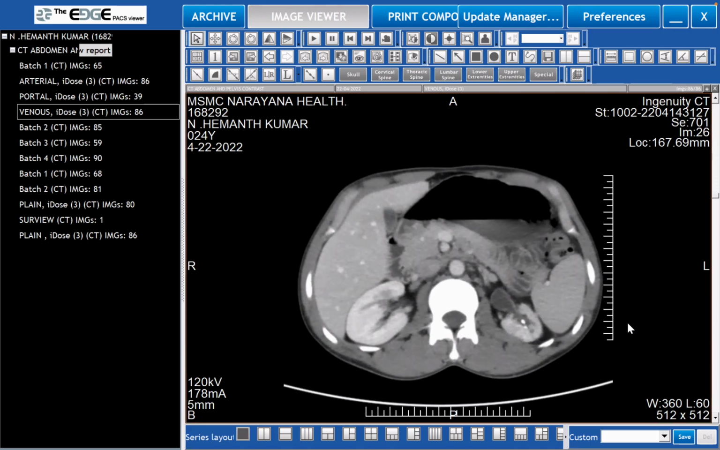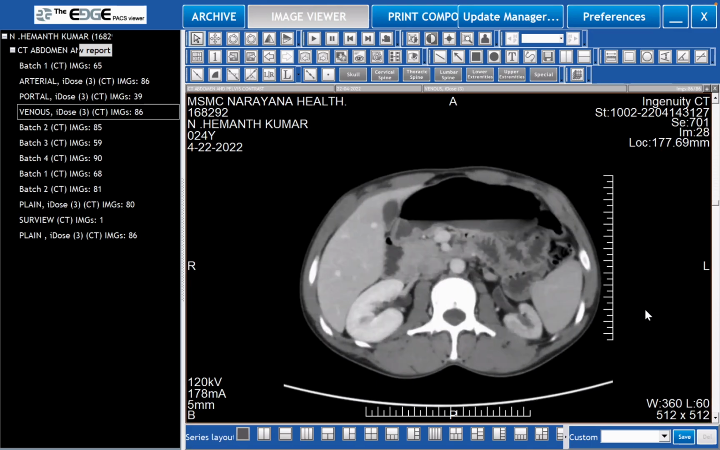Whatever it is, there is a significant dilatation of the renal pelvis, isn't it? Yes, sir. As well as what else is there in that pelvis? The pelvis, there is no contrast. The pelvis is not enhancing. Apart from no contrast, sir,